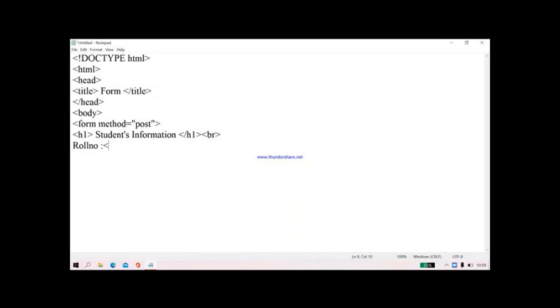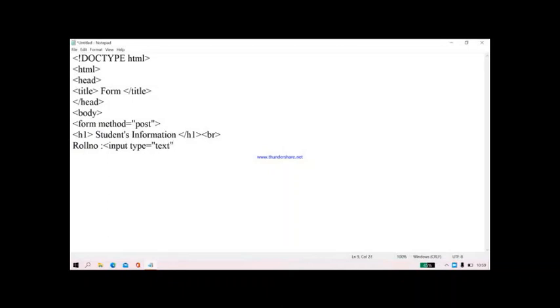Input has different attributes like type, size, max length, checked, name, and value. When you want to insert certain controls, you have to use the tag with its attribute.